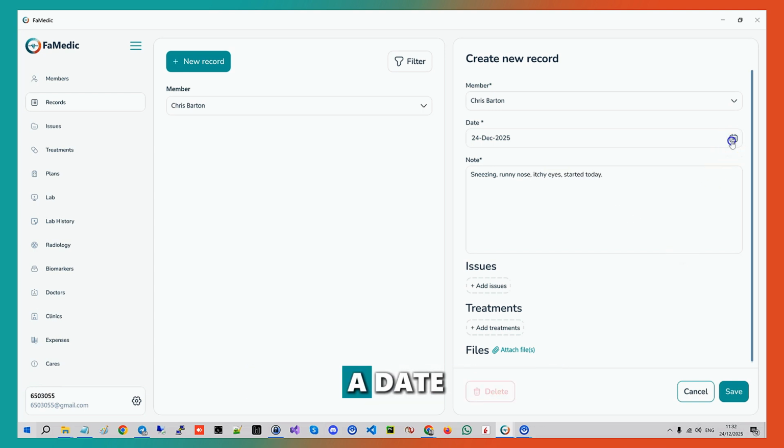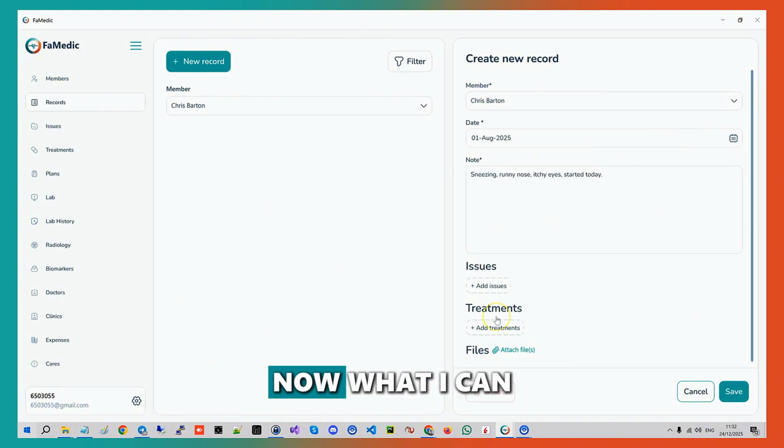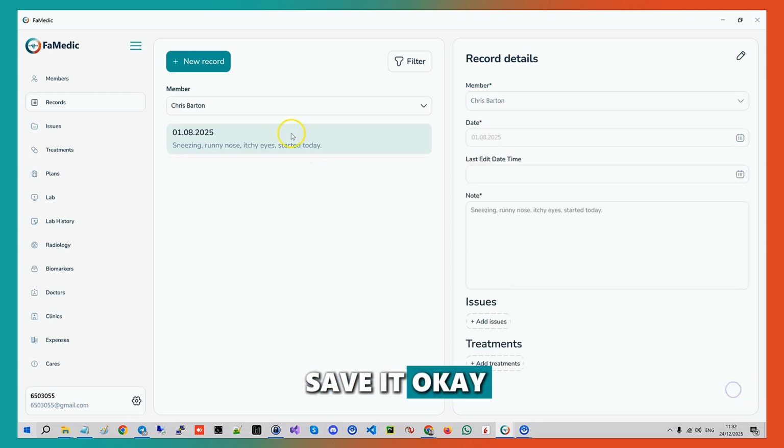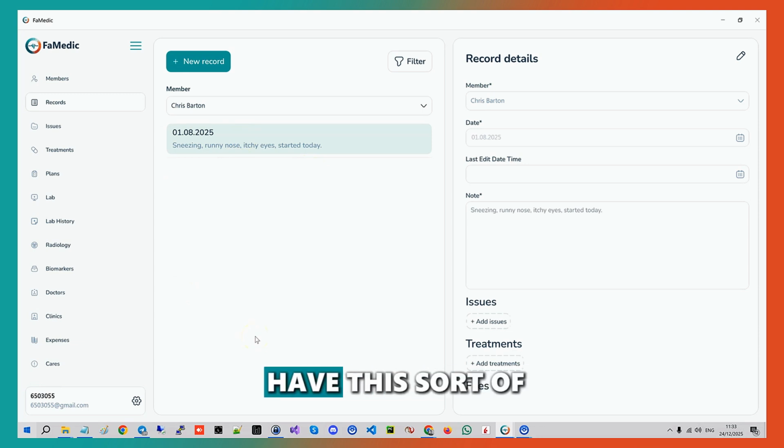I'm going to put a date. Let's say it was August 1st. Now I can save it, and it just comes up here. But later on, when I have many records, I might want to have this filtered somehow to see